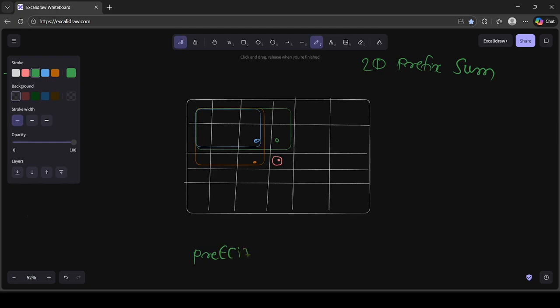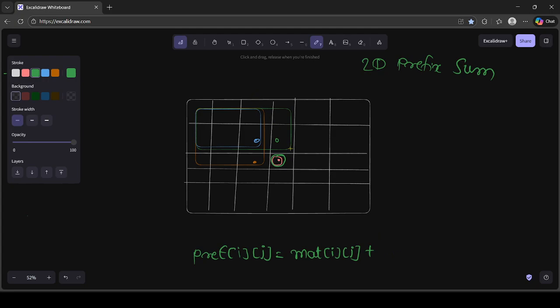We have to calculate pref of ij, right? Pref of ij will be equal to mat of ij, which is basically the current value at this position in the original matrix. Then it will be plus